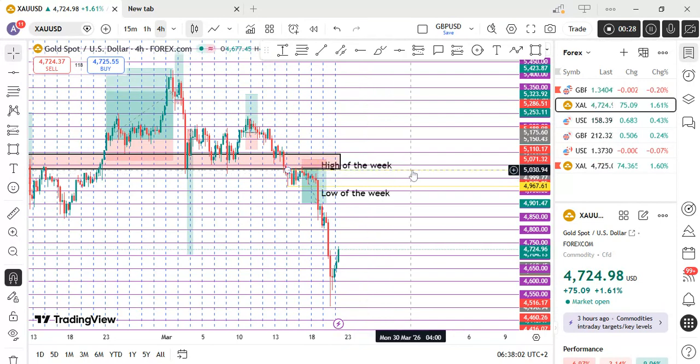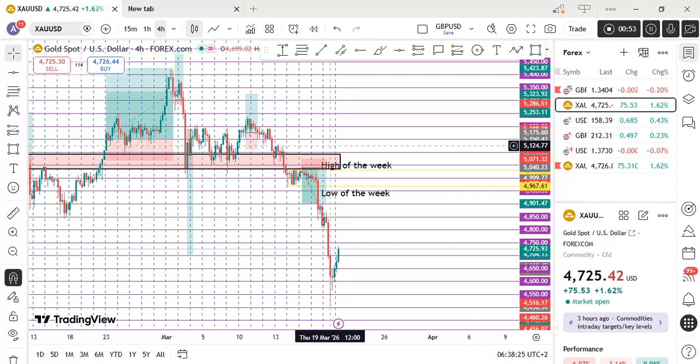Like I said on that particular post, the reason why we were having a sell bias is because we had three of our four complexes aligning at the same place. I mentioned that we had the psychological level acting as resistance, and then we had the high of the week, which was also acting as resistance. And then on top of that, we confirmed with price action.